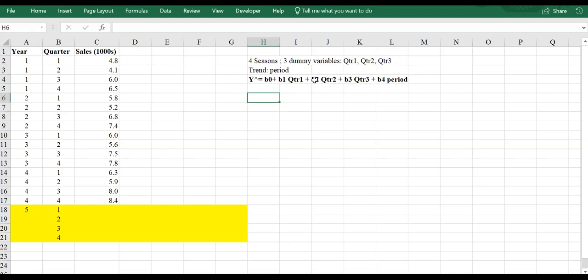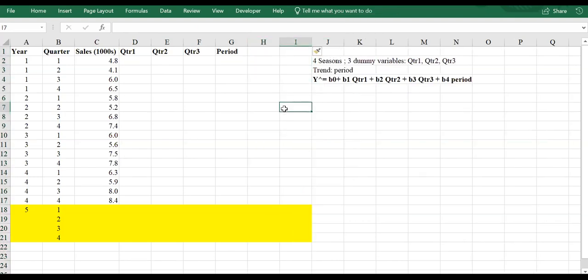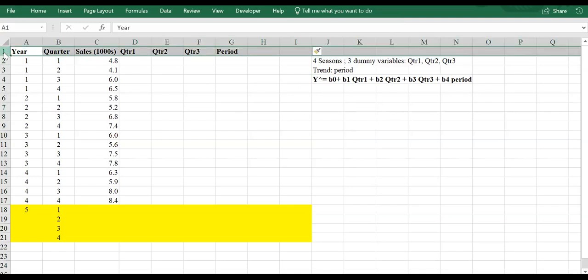I'm just going to go ahead and create the dummy variables as well as the period. All right, so quarter 1, quarter 2, quarter 3, as well as period. Just to make sure that we have enough space, I add 2 more columns. So for the dummy variables,